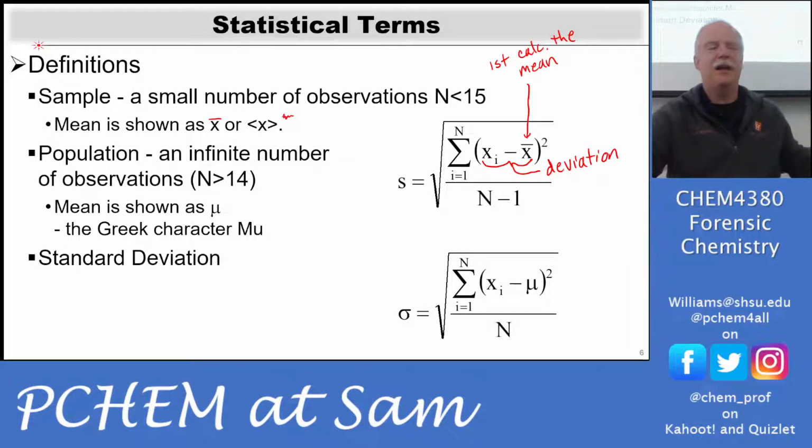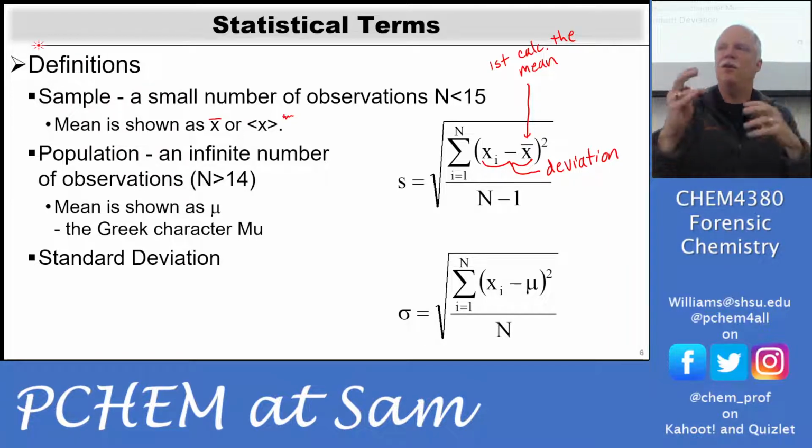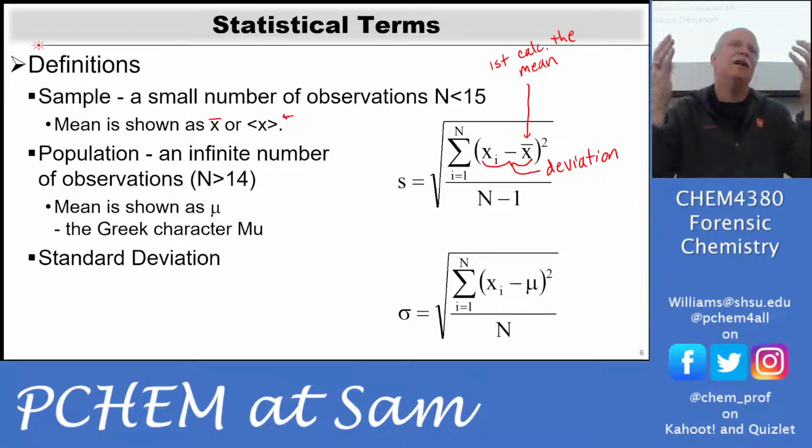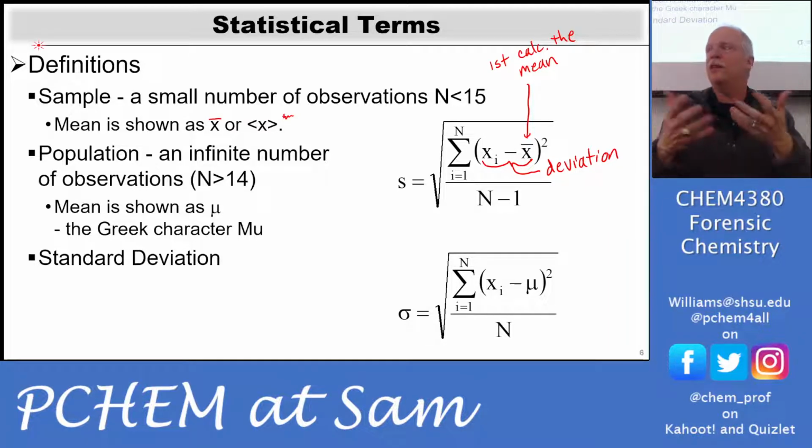Now we want to get a number that's going to associate with how good our data is. I mean, if our data is really tight, it's not going to deviate very far from the mean. But if our data is all over the place, we have a poor precision, then there's going to be large deviations. And so we want to try to sum up all of these deviations, but the problem is some of them are going to be negative because our data points are going to be below the mean and others are going to be positive. Well, if we sum those together, then they're going to cancel each other out. So if we add up all the deviations, they're going to all cancel out. The negatives and the positives will cancel because the mean's right in the middle.